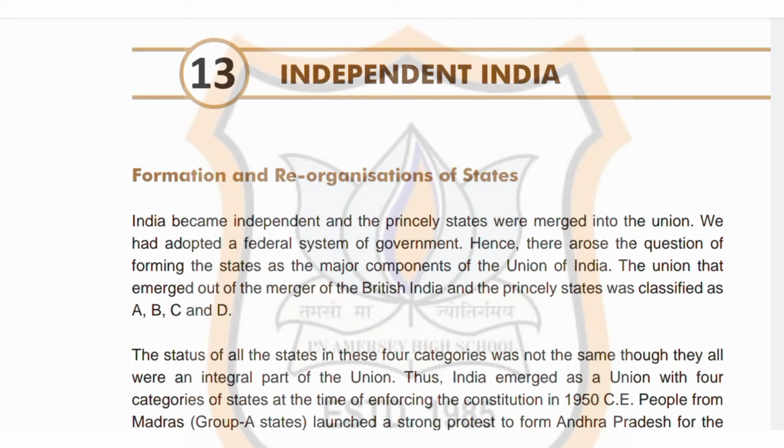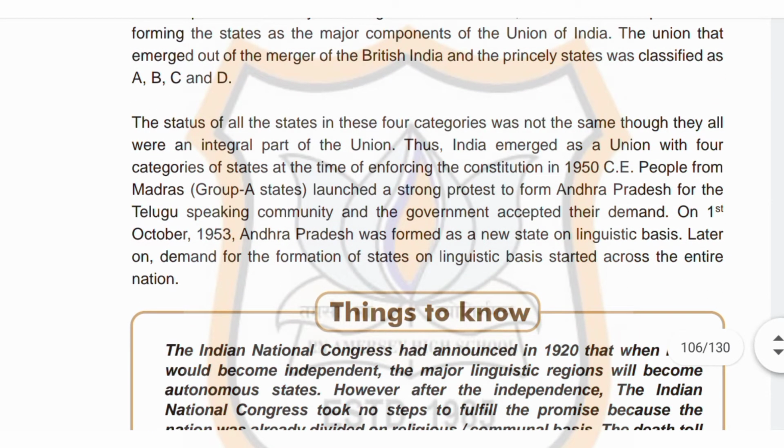The Union that emerged out of the merger of British India and the princely states was classified as A, B, C, and D. The status of all the states in these four categories was not the same, though they all were an integral part of the Union. Thus, India emerged as a Union with four categories of states at the time of enforcing the Constitution in